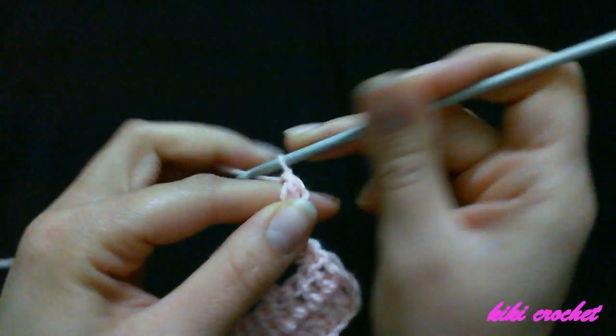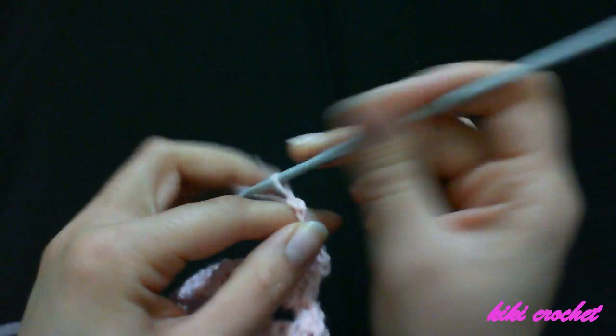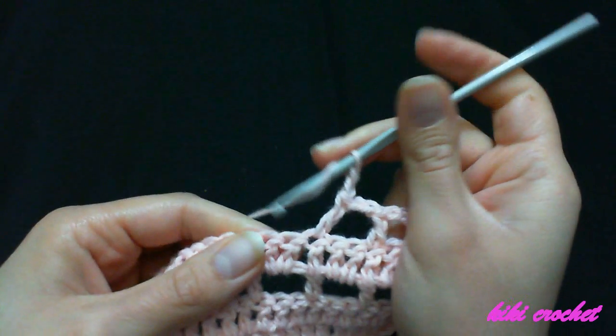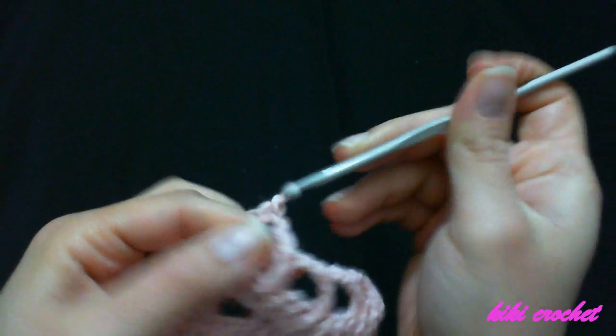So I'm going to make a double crochet in the first stitch, chain 2, skip 2 stitches, make a double crochet in the third stitch, chain 2, skip 2 stitches, put your hook in the third, and make a double crochet, chain 2, skip 2 stitches, put your hook in the third, and make a double crochet, chain 2, skip 2 stitches, put your hook in the third, and make a double crochet, chain 2,